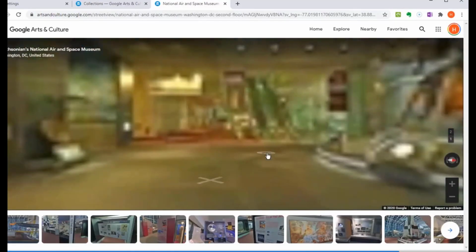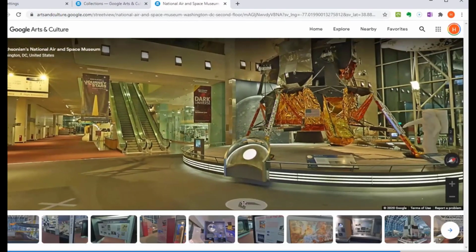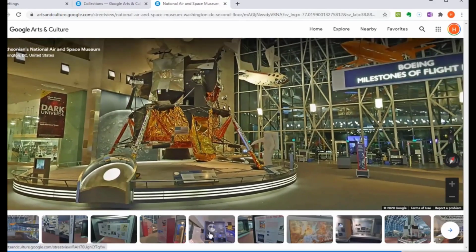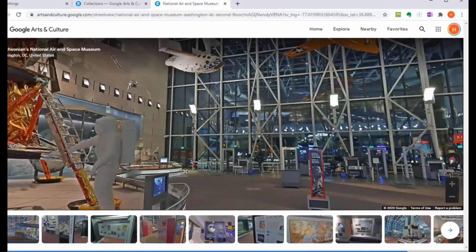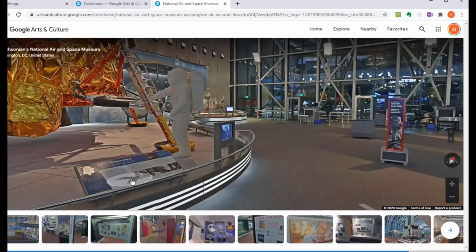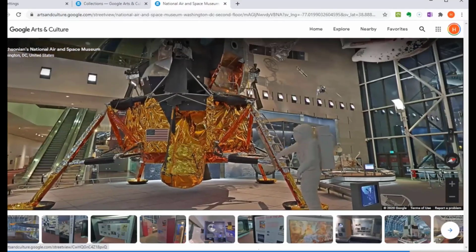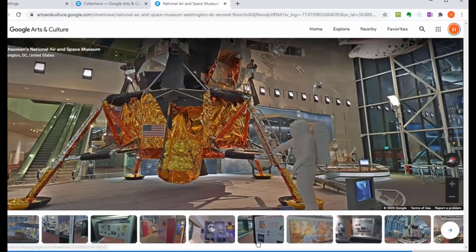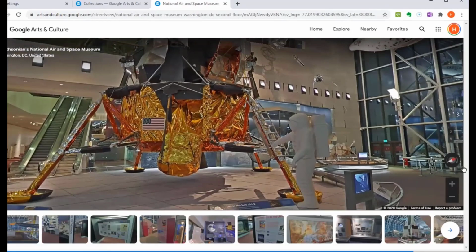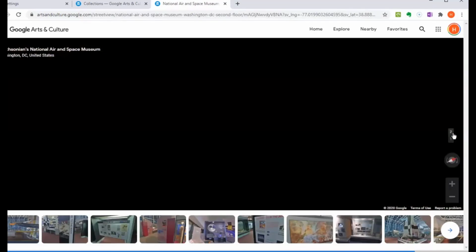And we're actually walking through the museum. And so here is one of the space vehicles that landed probably, let's see, this is a lunar module. This is actually one similar to the one that landed on the moon. Now, if we jump up to the second floor,